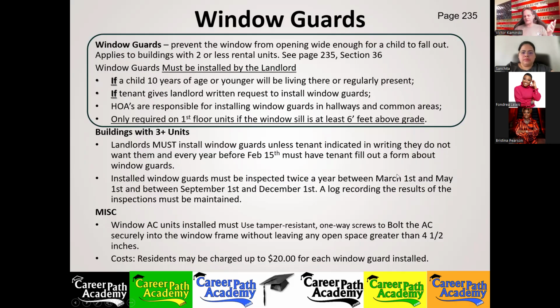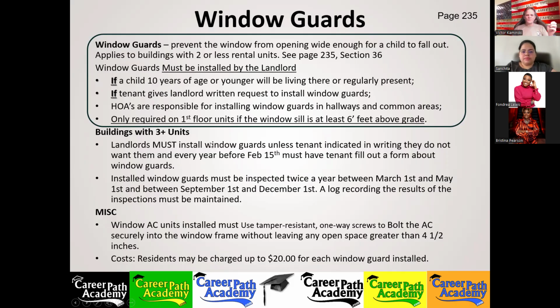Higher levels or elevations, well, if there is a condition present that could be dangerous, then window guards could be installed. Of course, higher elevations that could apply as well. But higher elevations, they usually have fire escapes and things of that nature. And you really wouldn't want something preventing the window from opening, because then if there's a fire in the house, how the hell do you get out? You'd have to smash the window maybe.